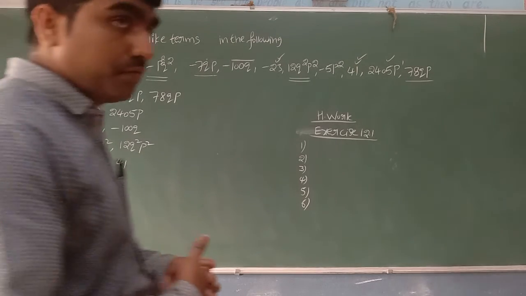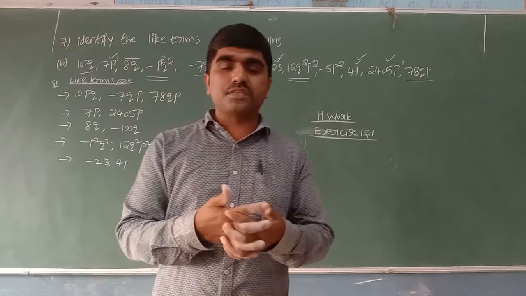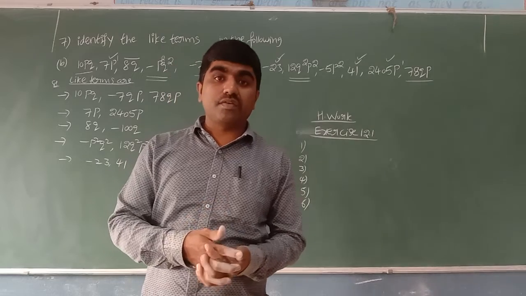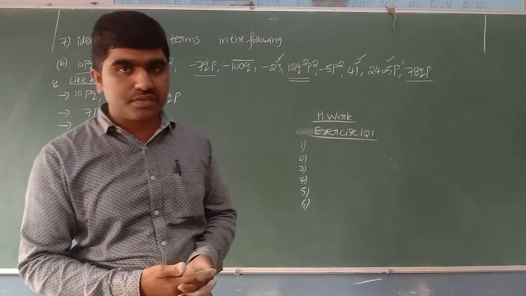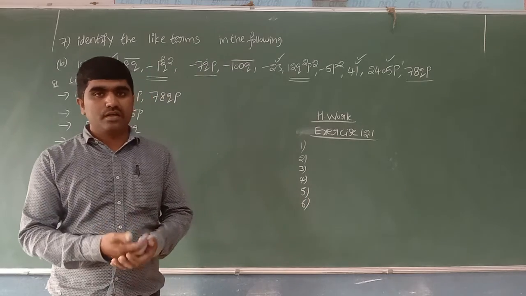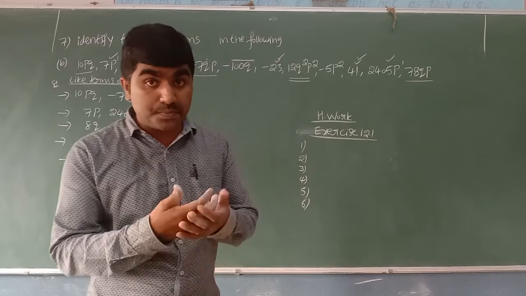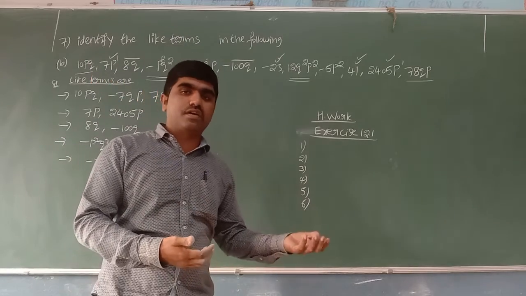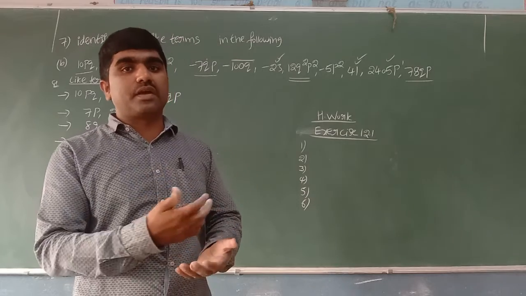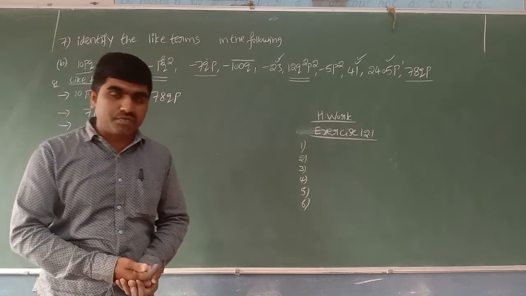Hope it is clear to everyone what is constant. It has the fixed value. We can represent by using numbers. Variables not fixed value we can represent with the help of alphabets. Algebraic expression means it may be collection of terms or a single term. And also we learn different types of algebraic expressions based on terms, like one term monomial, two terms binomial, three terms trinomial. What about like and unlike terms? Hope this concept is clear to everyone.